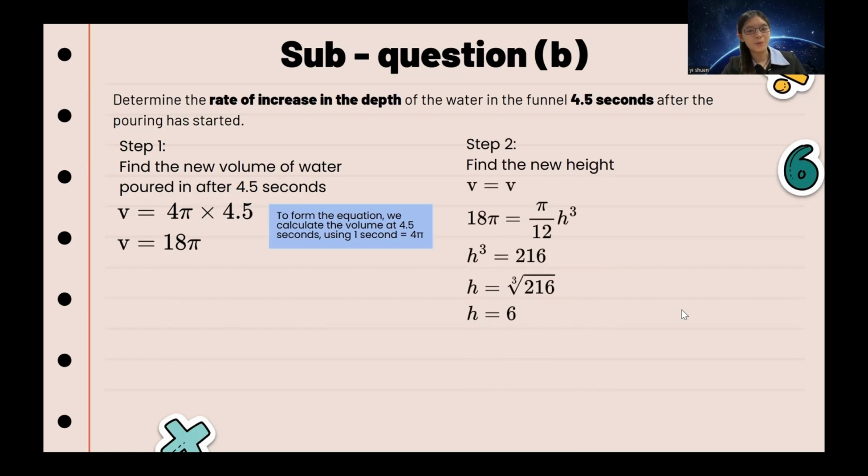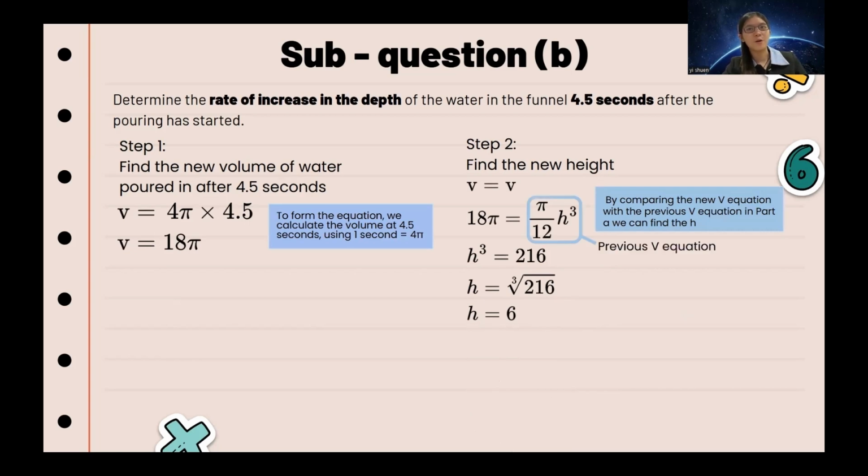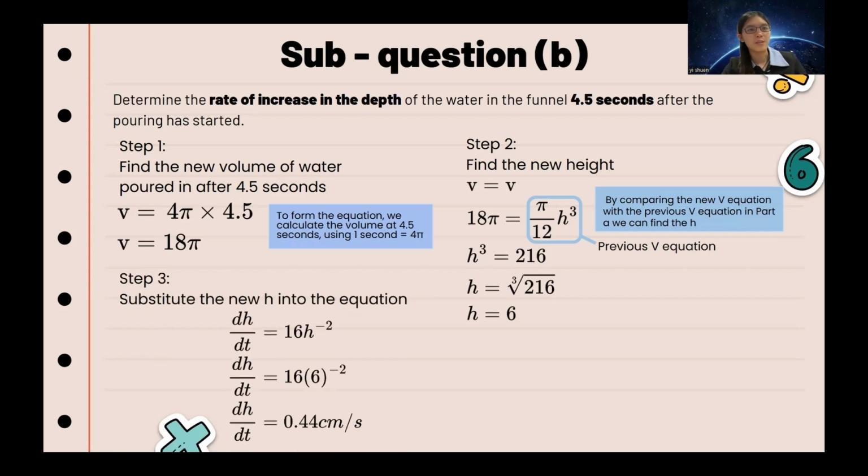We will be using the new V equation with the old V equation from part A, which is pi over 12 h cubed. So 18 pi equals pi over 12 h cubed, which gives us h equals 6. Now the last part, which is step 3, we will substitute the new h into the